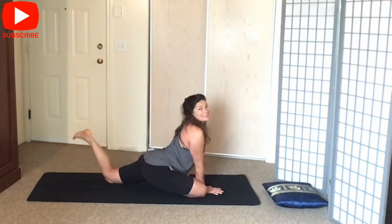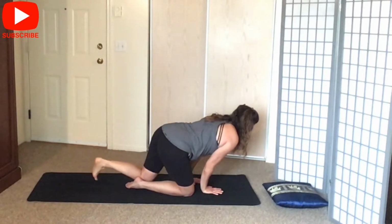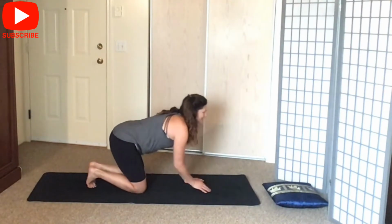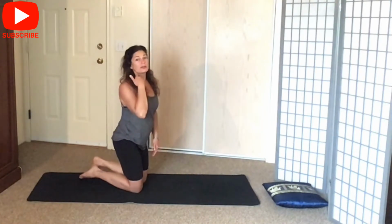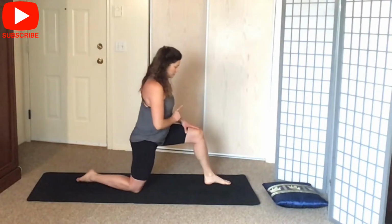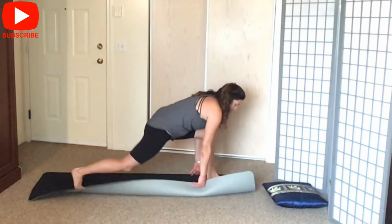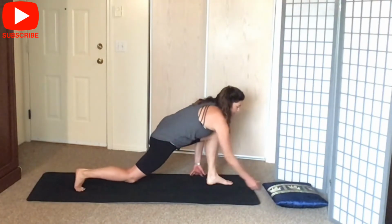Good. And slowly release. Let's bring the right leg behind. Take your time. I'm gonna lift the chest. I'm gonna walk my left leg right here in front, and I like to see a 90-degree again right here at your knee. And I'm gonna sit my hip down. To protect your knee again, you can fold your mat, or you can use your cushion